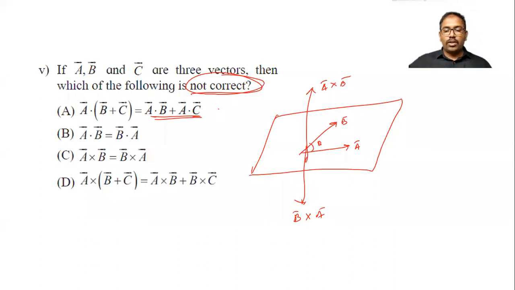So here, this option C is the wrong option, because A bar cross B bar is equal to minus of B bar cross A bar. So in that we can remember. So this is the option which is not correct. In the last option, you know that the vector product obeys the distributive law of multiplication. So A bar cross B bar, and here it is A bar cross C bar. Some printing mistake is there. So here A, B, and D are right. Only C is wrong. So the answer is option C. We have to identify the wrong one.